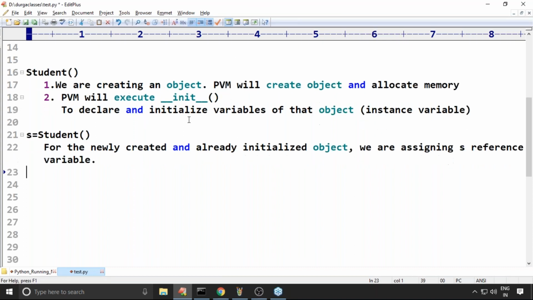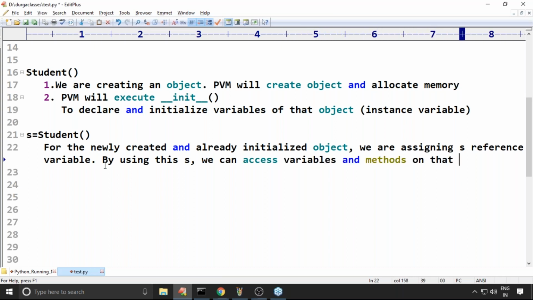By using this s, we can access variables and methods on that object.